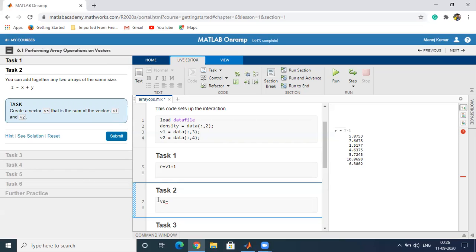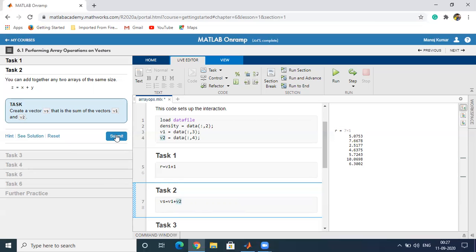The vectors v1 and v2 are of the same dimension, so we can add them: v1 plus v2 gives a vector quantity containing the component-wise sum. So vs equals v1 plus v2.